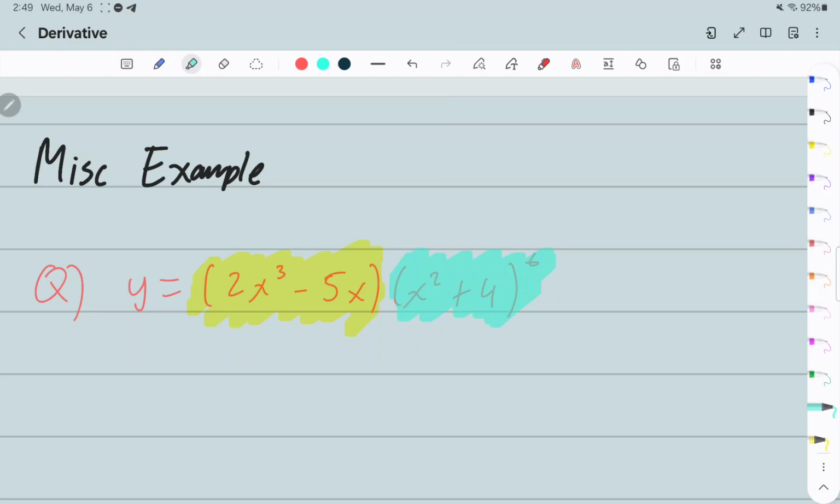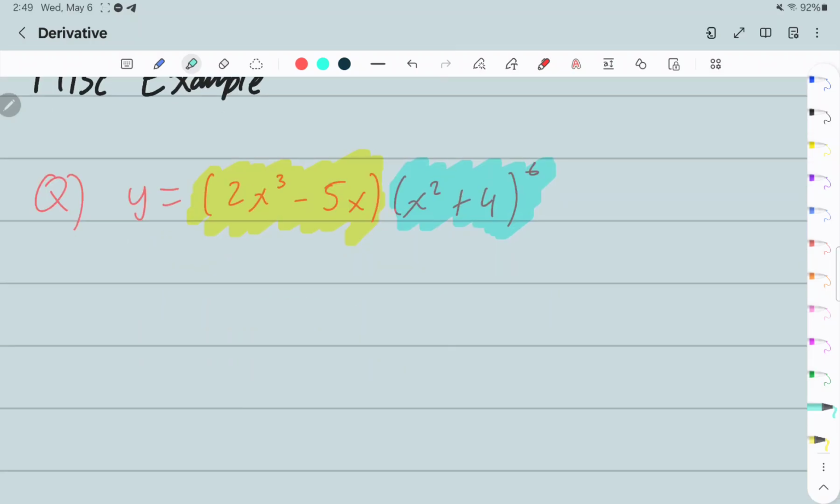So that's the majority, or the outer part you see that's happening in this situation. The yellow multiplied with the blue. It's two separate functions. So you know that they're being multiplied, you apply the product rule. So let's say you call your f of x being 2x cubed minus 5x. And the g of x, you can simply say it's x squared plus 4, and it's all to the exponent